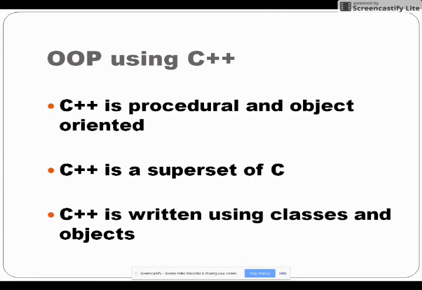C++ language is a superset of the basic programming language C. So if you know C programming language, understanding C++ programming language is not a difficult task. A lot of the syntax is the same. C++ language in fact is written using classes and objects. We will now understand how to write a program using classes and